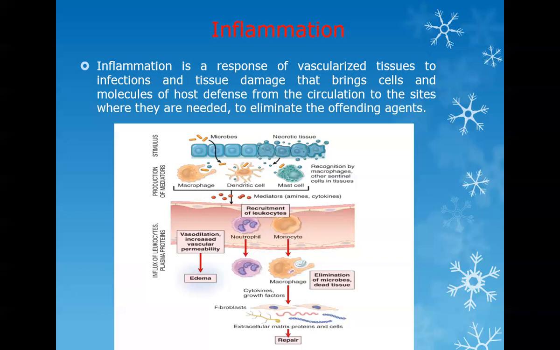But in inflammation, there is something else which is also going on there. You need to push these cells which are inside the blood vessel, which do not come out normally, to bring these cells out. So to bring these cells out, you need to have some changes in the endothelial cells, in the smooth muscle cells, the caliber of the vessels, so that easily the cells can go out. Now the cells are out.